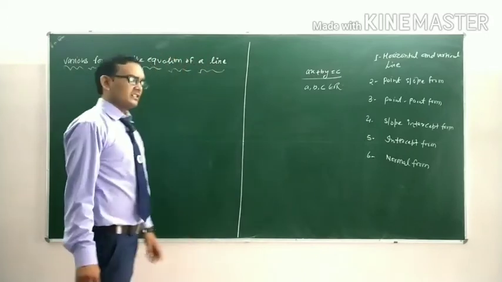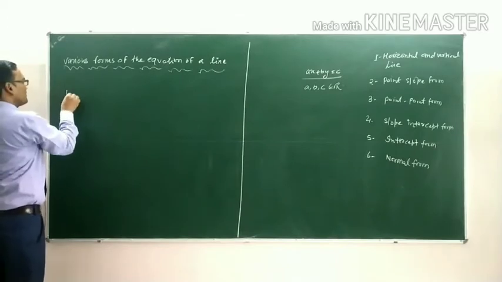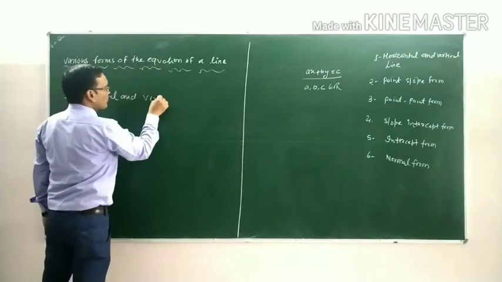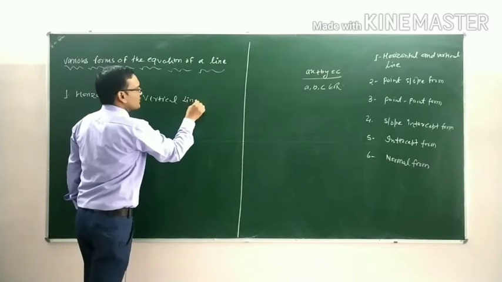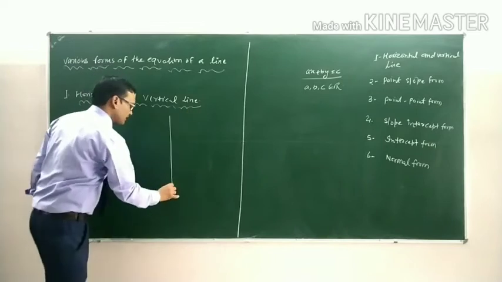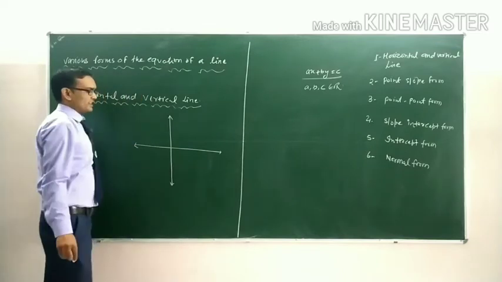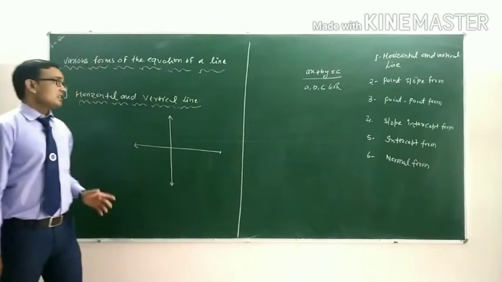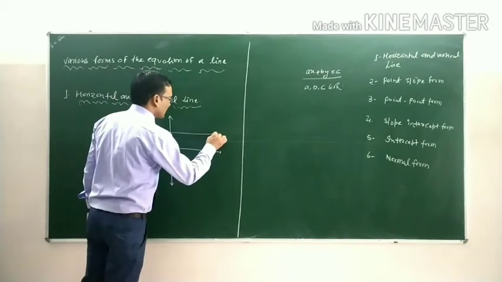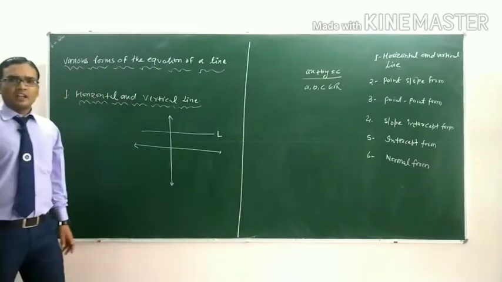Okay, the first form is horizontal and vertical lines. An equation in a Cartesian plane contains infinitely many points. Students, if a line is horizontal, that means the line is parallel to the x-axis. L is a line which is parallel to the x-axis,